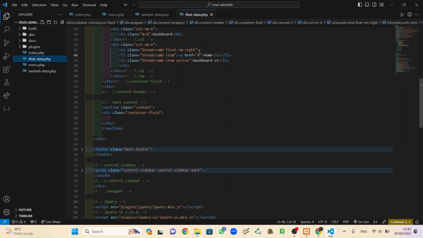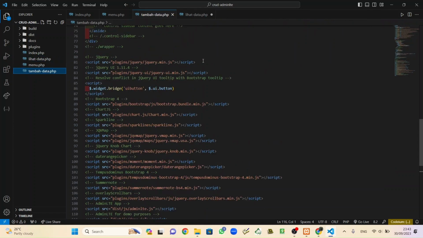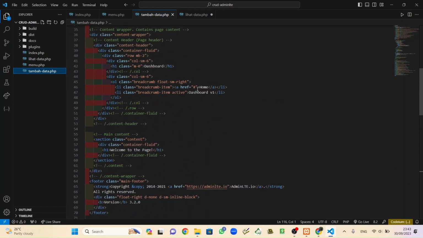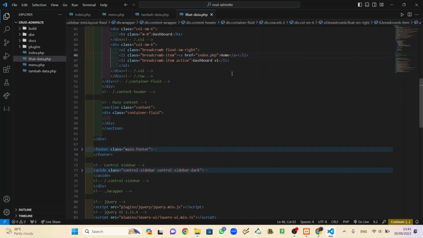So change this to index.php and also insert tambah data, index.php, index, save data, save.